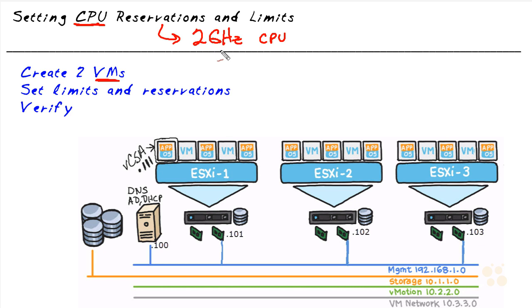And then on another VM, let's go ahead and set up a CPU limit where even if there's plenty of resources, it won't matter to this VM because we'll go ahead and give it a 1 gigahertz CPU limit. So we'll do some cloning to create a couple new VMs. We'll set those parameters regarding the reservation and limits for CPU, and then we'll power them on and take a